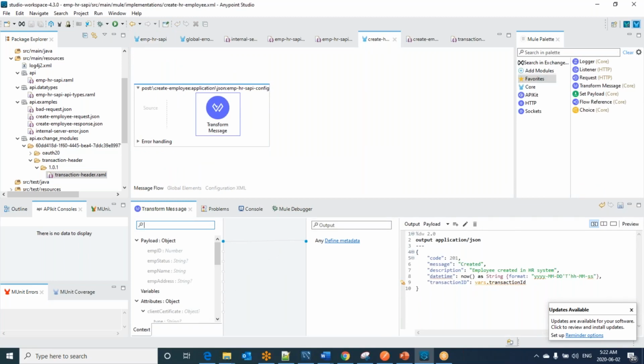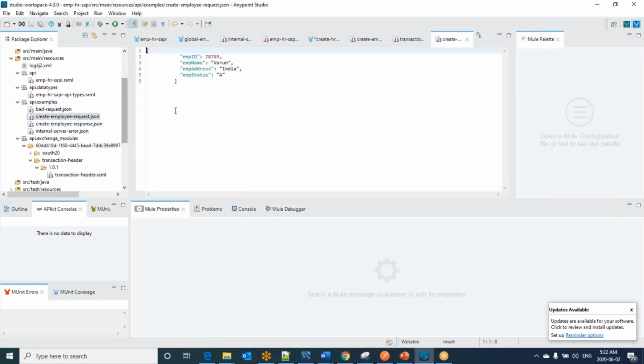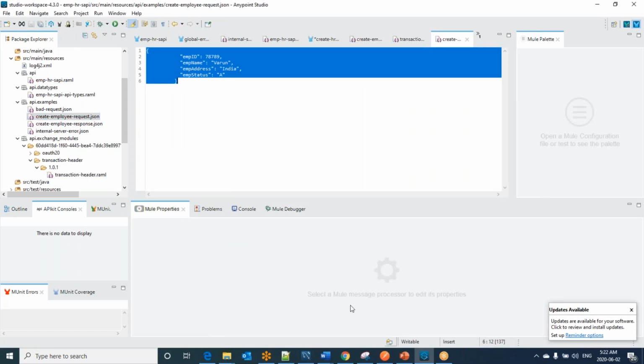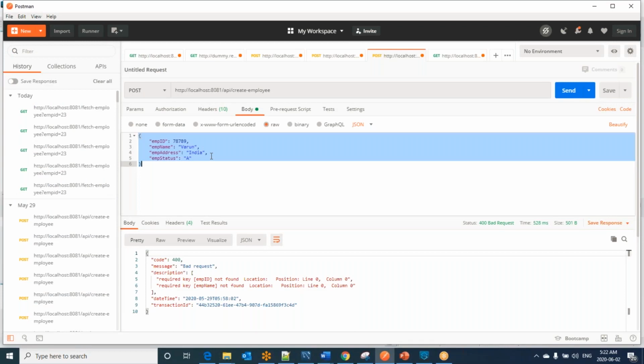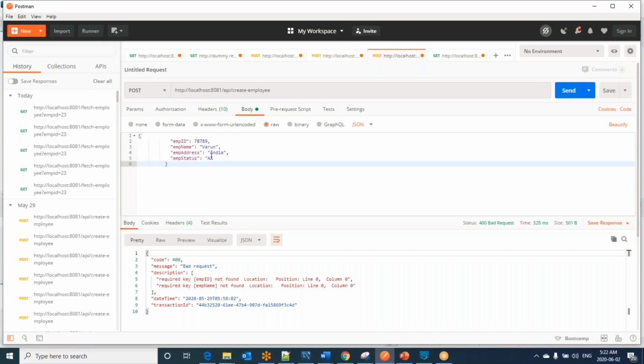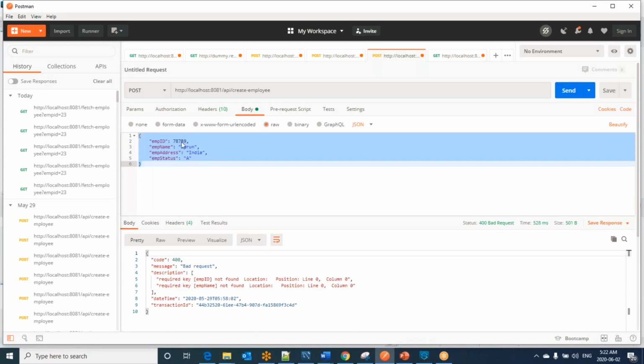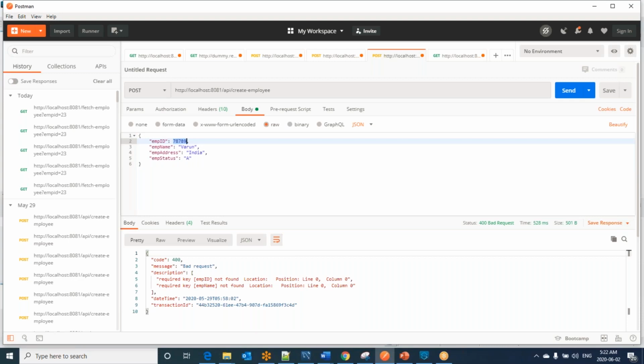Now, what are we supposed to do here? We get the employee payload over the request. That is the create employee request. It looks like this. And I think I have already created the request to save time. And this is the request as I showed you in the HTTP user just now. So let me pass some other values. Okay.